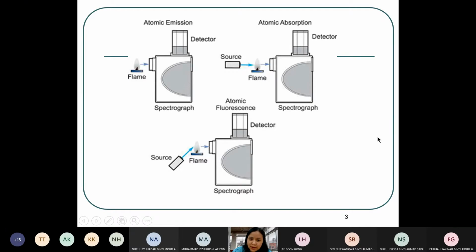Okay, so this is the summary that we have, and a comparison between all these basic atomic spectroscopic techniques, AES, AAS, AFS. So in industry, people use a lot of AAS, either flame AAS or graphite furnace AAS, right? For the specialized techniques in AAS, perhaps only in research universities will we go for cold vapor or hydride generation, right? But in industry, seldom do you hear that they have this instrument at their workplace, right?